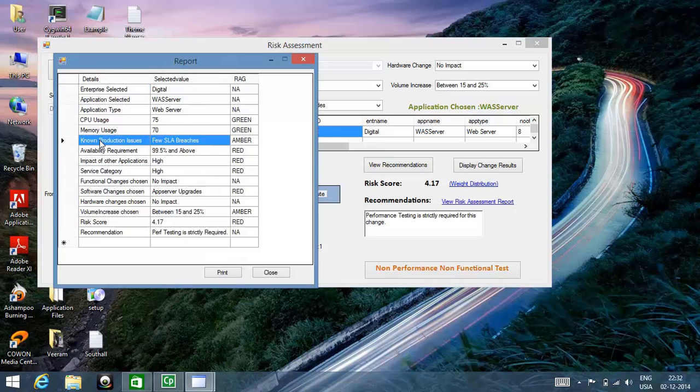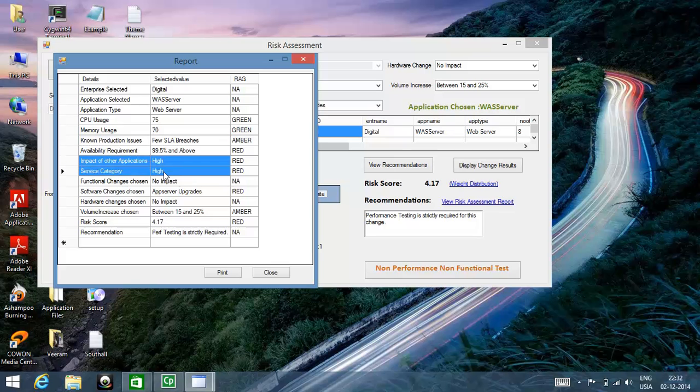That means there are known production performance issues, and the availability requirement is also high, whereas the impact on other applications due to this application failure is high, and the service category is high. In addition to that, we have chosen a red category of software change and also a volume increase of amber. So even if we remove this volume increase, this score will be high only, recommending a performance testing for